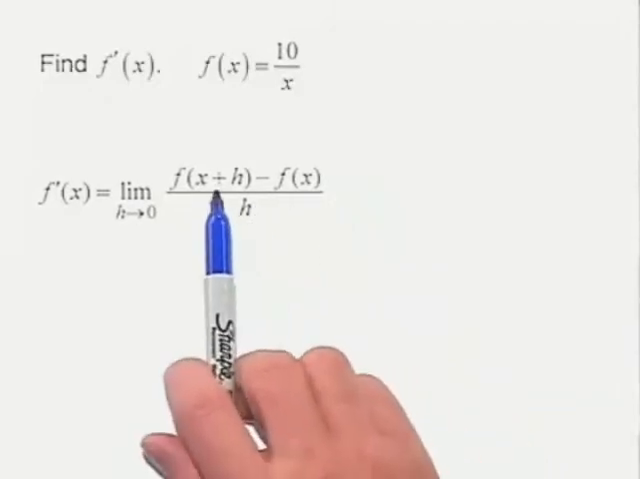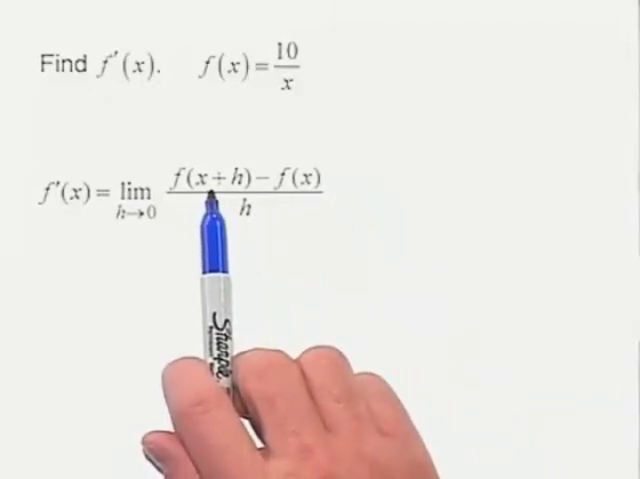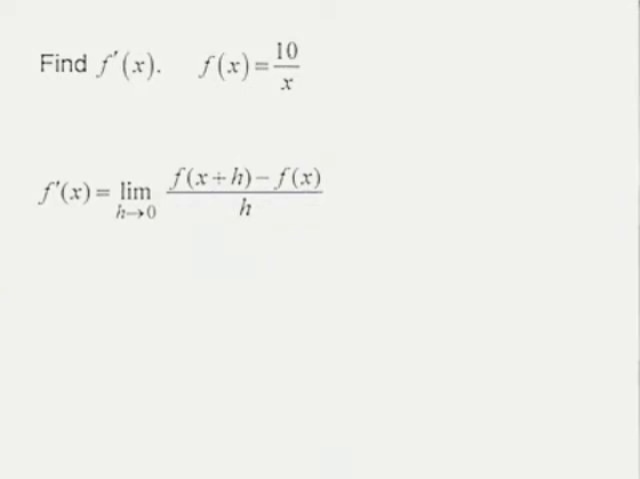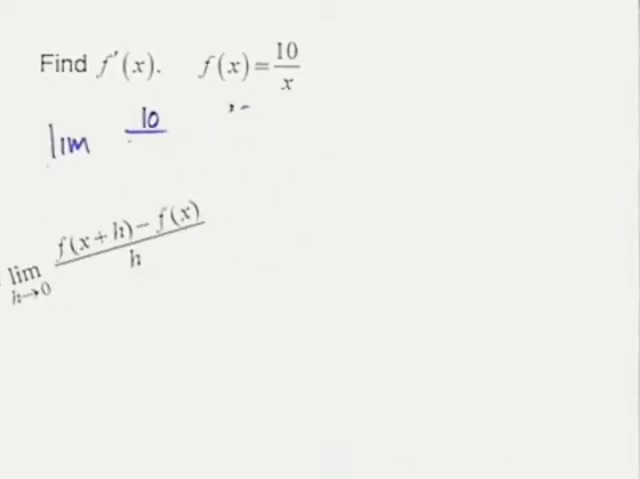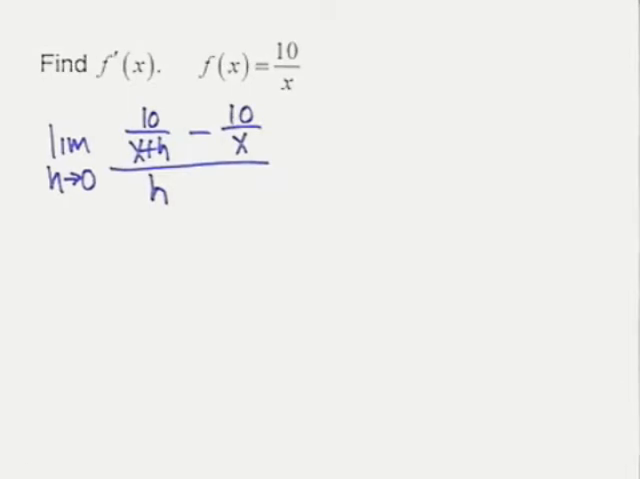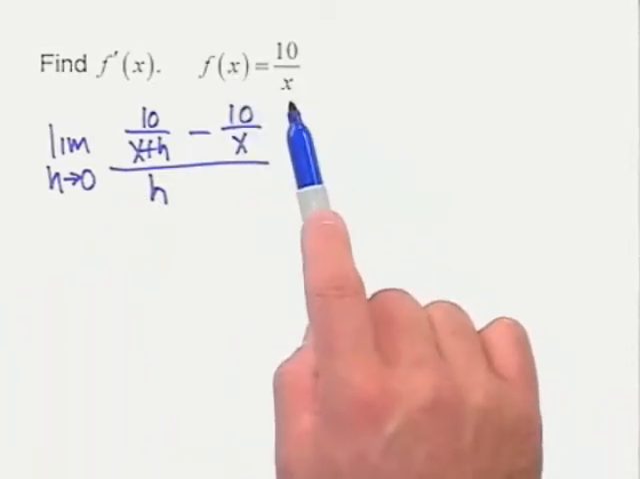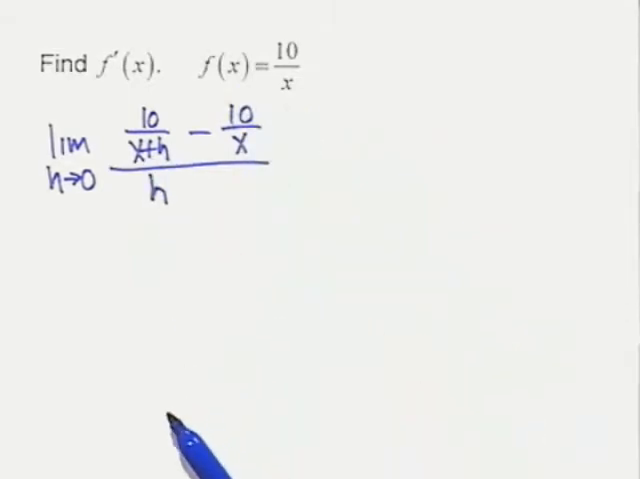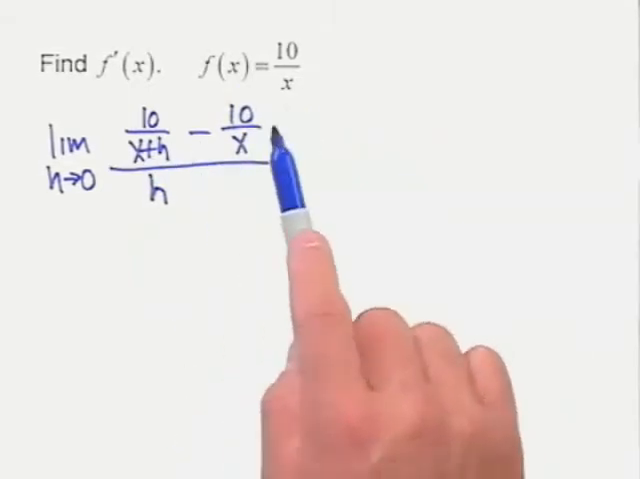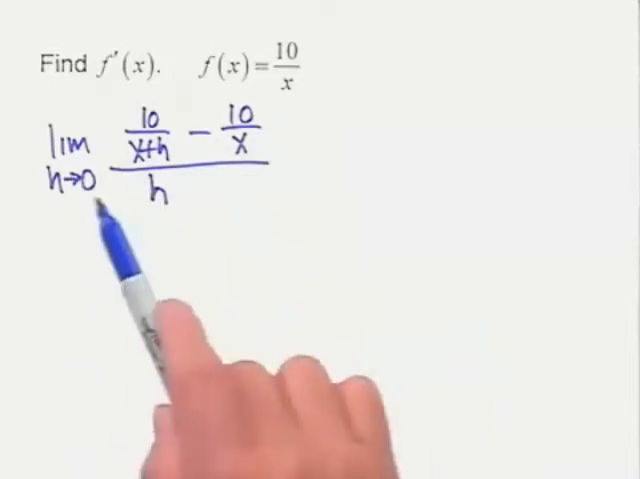So our first challenge is to evaluate the function f of x plus h, and then from that we're going to subtract the function itself all over h. Once we've done that, we'll take the limit as h goes to 0. So I've written that out already here. Notice that we've plugged in x plus h into our function. Wherever there's an x, we obtain x plus h minus 10 over x, in this case all over h, taking